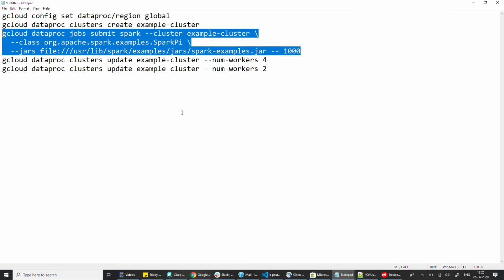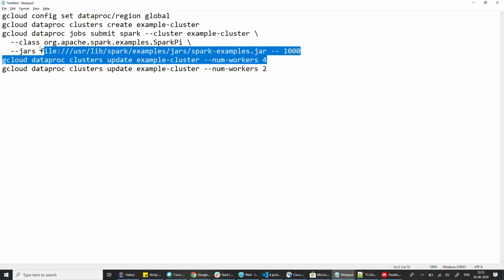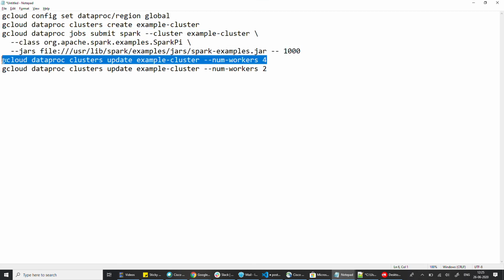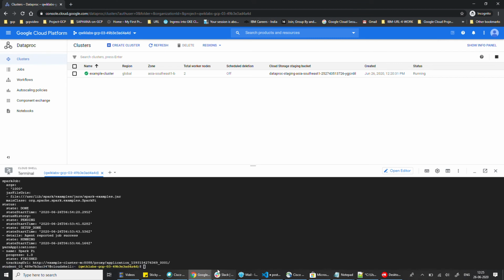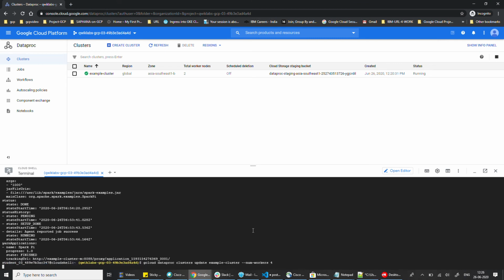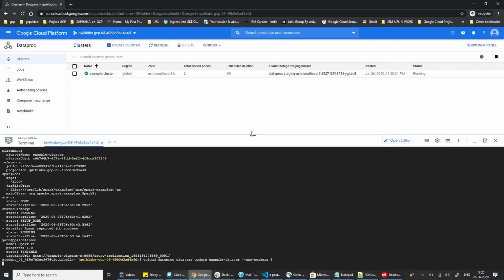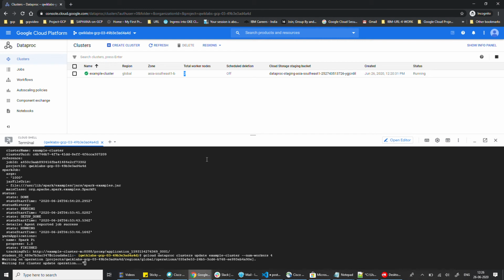Right now I have two worker nodes. I just want to upgrade to four worker nodes. Let's see how that is possible. It will be magic. You can see only two. After we execute this command, it will automatically upgrade to four.